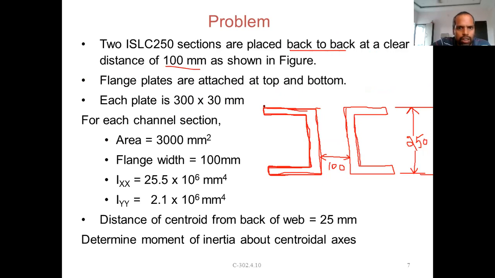We don't know whether it is 300 from here to here, because we don't know this flange width. It is not given in the problem. So we know that we don't know anything. That's why, assuming, let us draw a figure like this. For the entire section or some part of it, nothing is wrong. If you draw up to here also, it is not too wrong, because our flange dimensions are not known to you. I'm showing it like this, just like that.